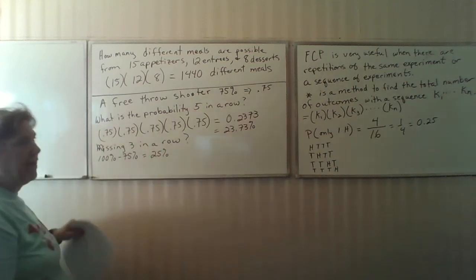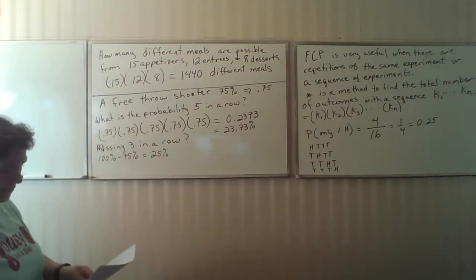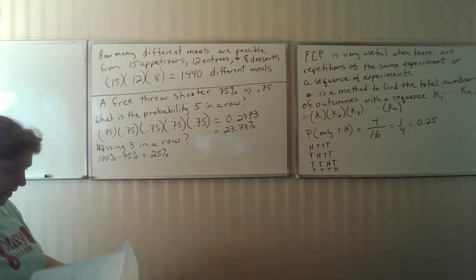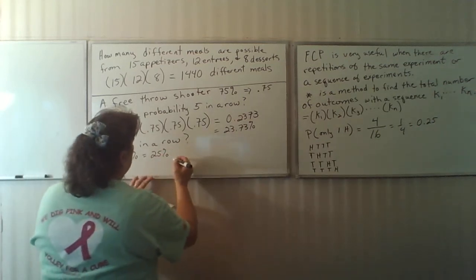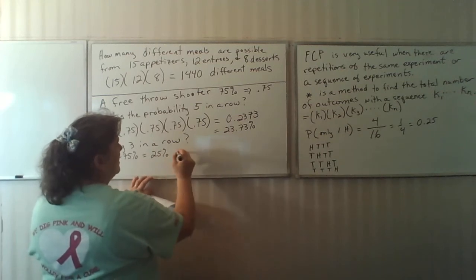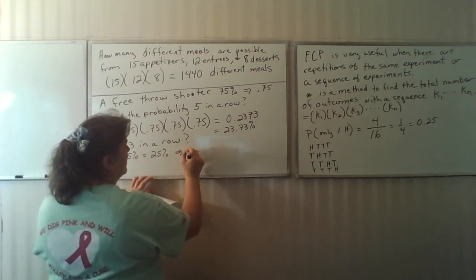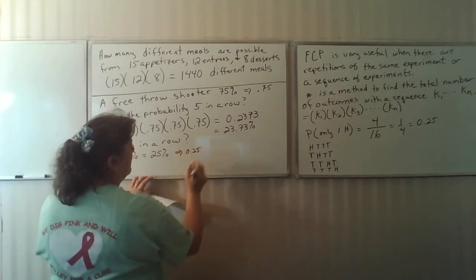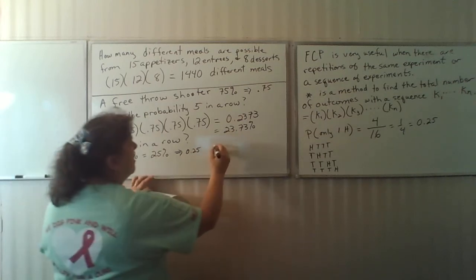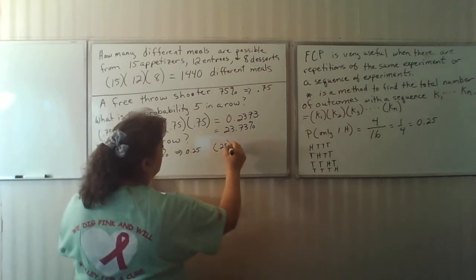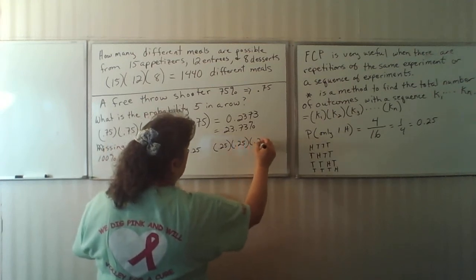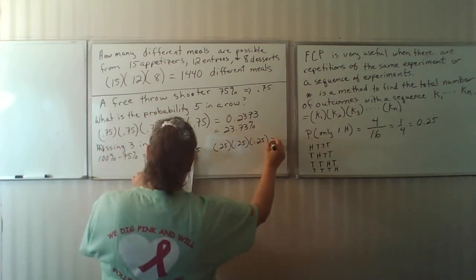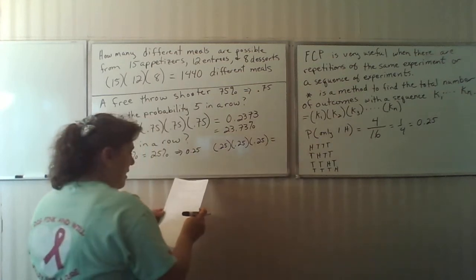So I have a 25% chance of missing. So let's look at that. 25% chance of missing, that's going to be 0.25. So 3 in a row, 0.25 times 0.25 times 0.25,